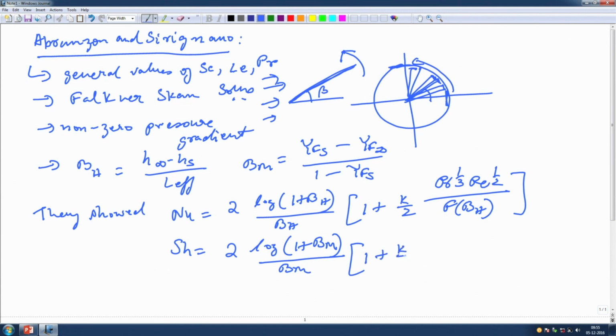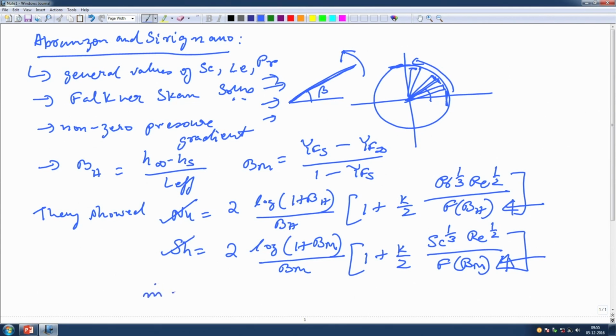As you can see, both of their forms are very equivalent, except the Prandtl number is replaced by the corresponding Schmidt number, and this is a function of Bm. Okay. So, what these factors are, that will come a little later, and we will see what those factors can be. These are more like correction terms that you can see over here. So, using this class of solutions they found the Nusselt number and the Sherwood number,